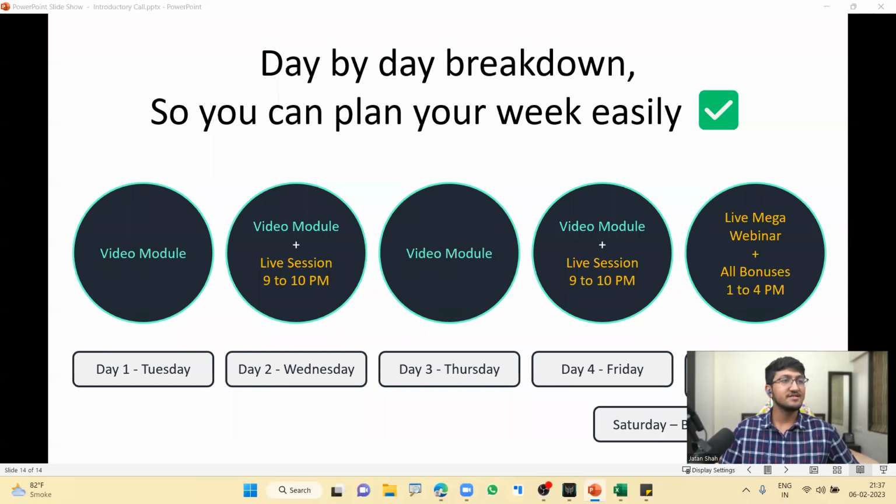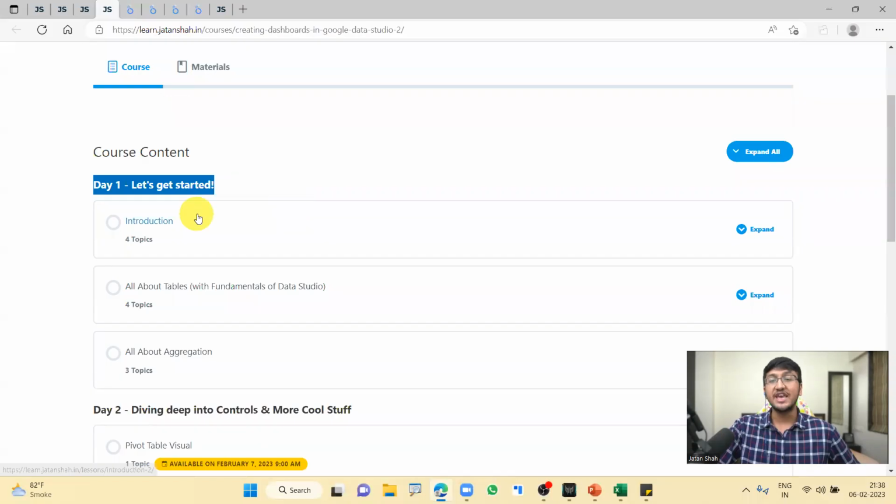Any questions? Can 5 individual files get combined together to create dashboards? Yes, absolutely. On day 4 of the entire workshop, you get to learn how to combine multiple files together as well. All right. Will I be able to download my dashboard? Yes, you can download your dashboard as well. Everything about sharing your dashboard.